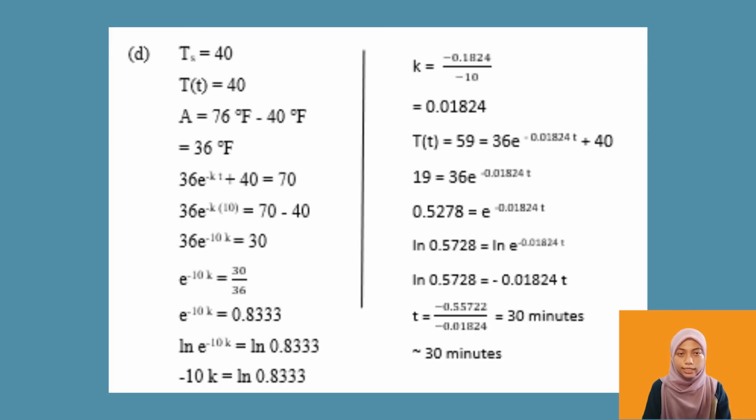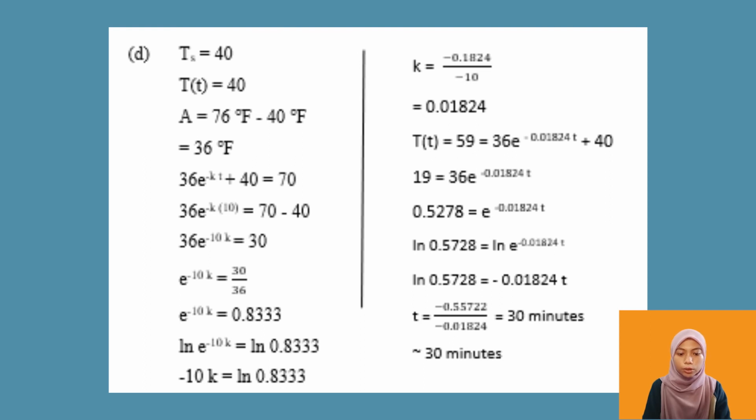So for question C, the new temperature of the surrounding is 40 degrees Fahrenheit. So we need to find the A value first. So A is equal to 76 minus 40, and we will get 36 degrees Fahrenheit. So the new equation will be 36 exponent of negative KT plus 40 equals T(t). So then we will need to find the K value. So to find the K value, we just insert T(10) equals 70, and we will get negative 10K